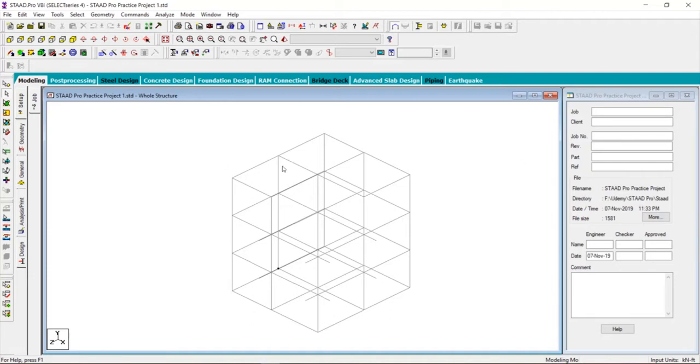We have defined the beams here, we have defined the columns here, but we haven't defined the size of the beams and columns yet, and also we haven't defined the size of the slab. Though we are not going to draw a slab, we need the size of the slab for the loading